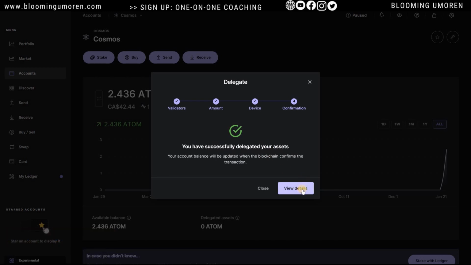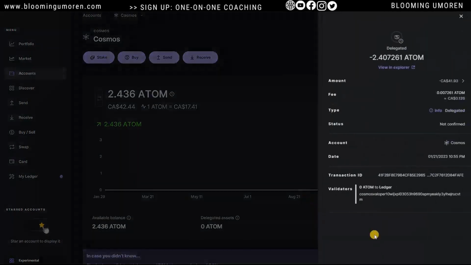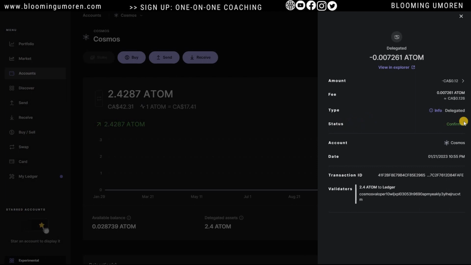So let's view the details. So right here is just showing me that this amount of atom has been delegated, and we can see that the status is already confirmed. It's very, very fast. Okay, so we can see the amount of atom that I have, and it's been delegated,